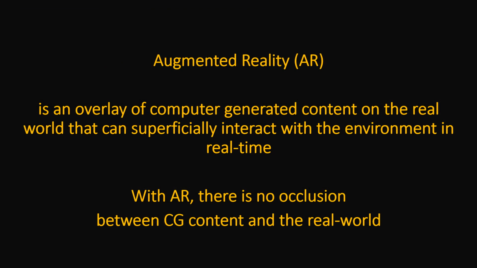AR, augmented reality. Augmented reality, AR, is an overlay of computer-generated content on the real world. The key note here is that the augmented content doesn't recognize the physical objects within a real-world environment. In other words, the CG content and the real-world content are not able to respond to each other. Using Google Translate as an example, we can identify images and detect planes to place computer-generated content, but the graphics can't interact with the environment beyond what the camera captures.